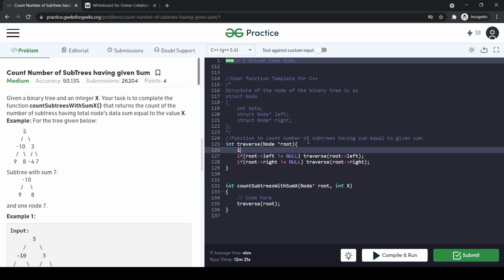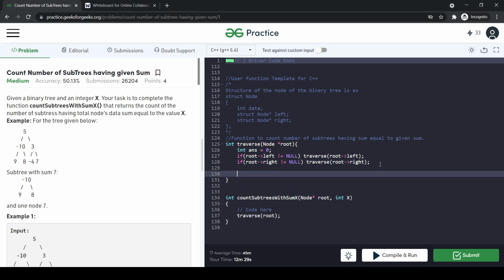We check if root left is not equal to null; if it is not null, it means it has traversed the complete subtree.